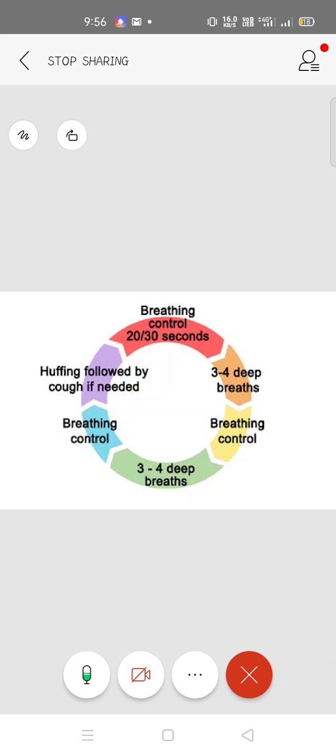Then comes huffing. How is huffing done? There are two ways: medium volume and large or high volume. Medium volume is used to remove secretions from the lower part of your airway, and high volume from the upper part of your airway. In a medium volume huff, you take a normal size breath in and an active long breath out. In a high volume huff, you take a deep breath in and then huff out quickly. If the secretions are not cleared by huffing, you can go for the other technique, which is coughing. Then you keep on repeating the cycle for about 10 minutes.